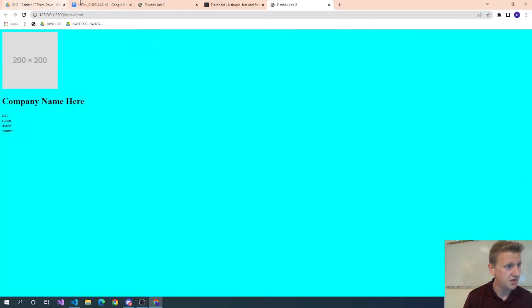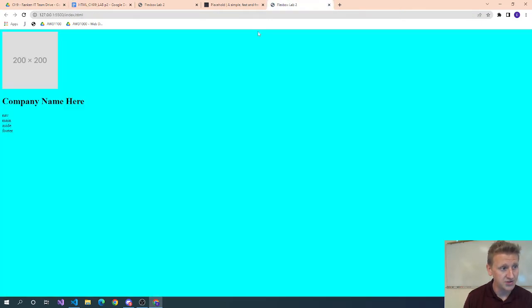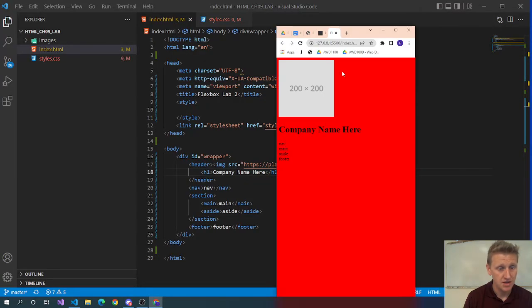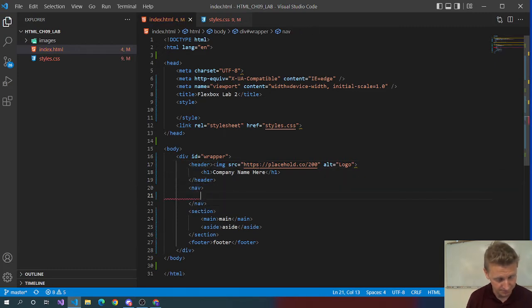The question then becomes, in the mobile version, do we want the company name to go underneath it? That's fine by me. So then we have a nav bar. So in the wrapper, we've got a header and an H1. And the nav,